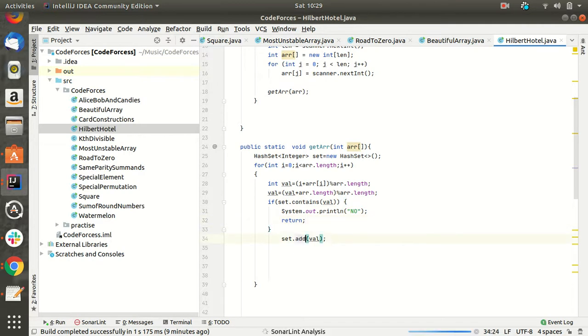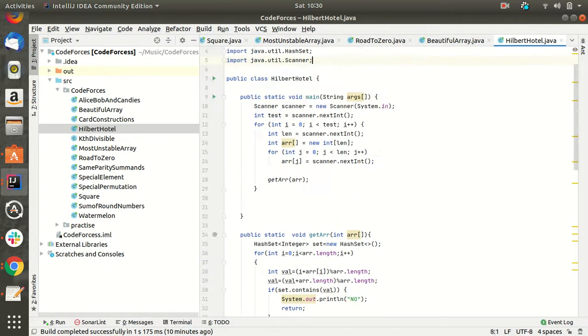Else we add val to the set, and in the end we print yes, the hotel can have all the people with each having one room. So this is our solution.